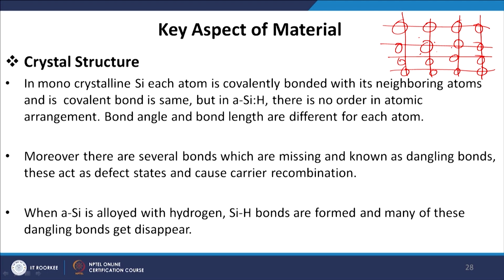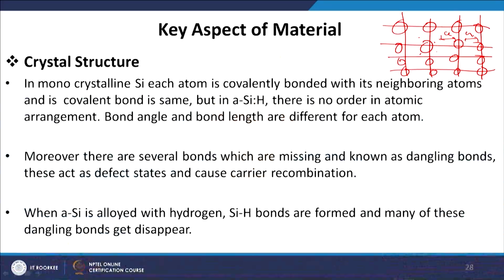Similarly, the nearest neighbors will also benefit, because all of them will start sharing their valence electrons with the other neighboring atoms, and each of them will get 8 electrons in their outer shell. In this way, every silicon atom gets a stable structure, and what we finally get is a very nice periodic arrangement of the silicon atoms. In this periodic arrangement the distance between 2 silicon atoms is always constant throughout the crystal, and that is a signature of a crystalline lattice.